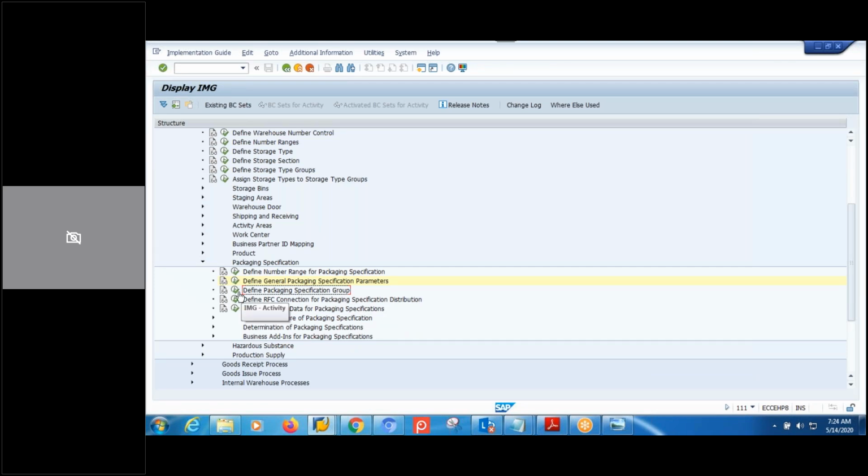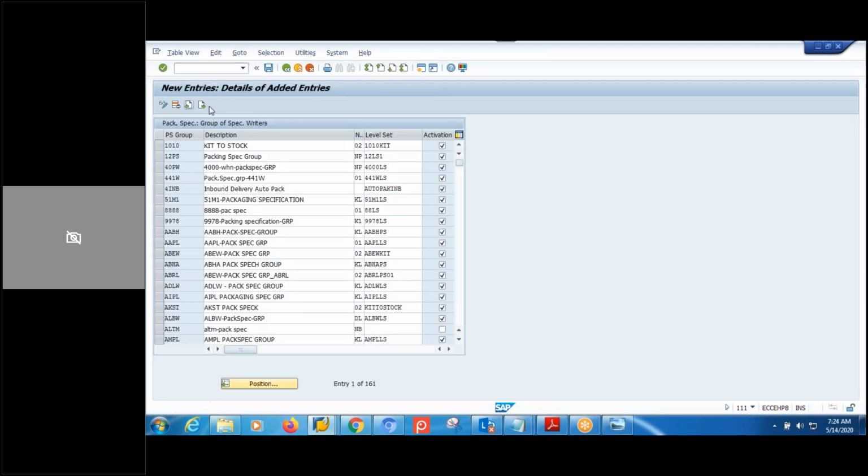Is it mandatory or just optional? Mandatory. We are going to see that inside. Yeah, we conclude it is mandatory. Okay. Define packaging specification. Come to here. I'm going to